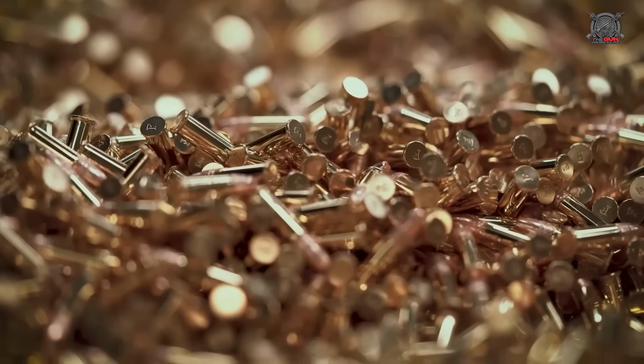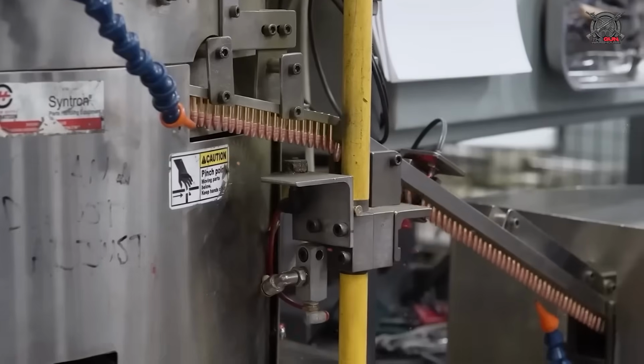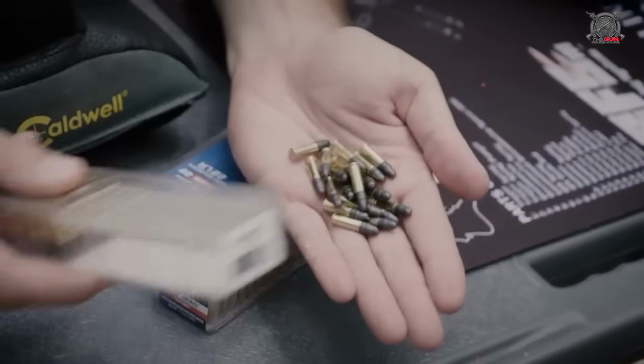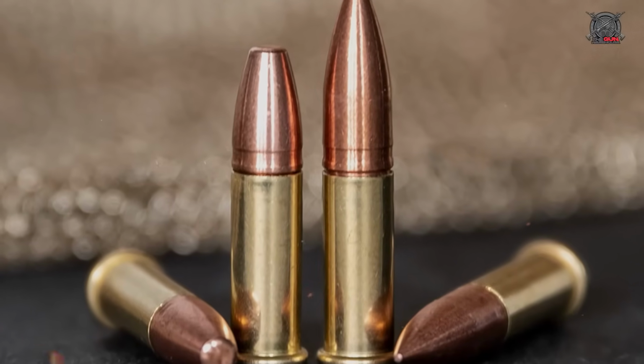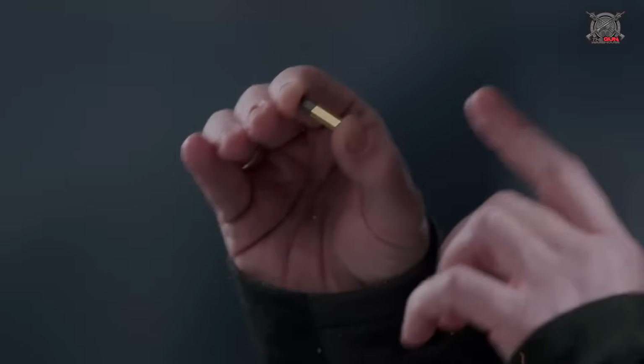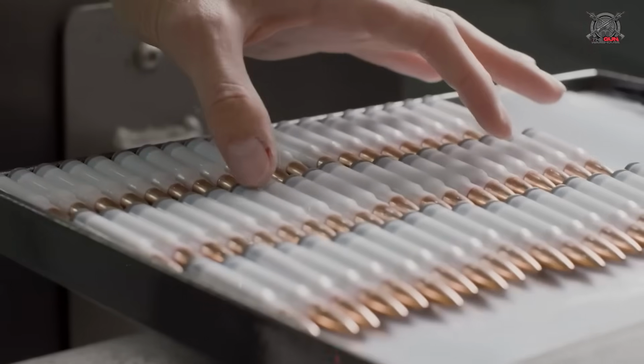Think the humble 22 long rifle is just for backyard plinking? Think again. In 2025, a handful of 22 long rifle rounds are rewriting what's possible with rimfire ammo. We're talking record speeds, massive terminal effects, and designs so clever they make you question everything you thought you knew